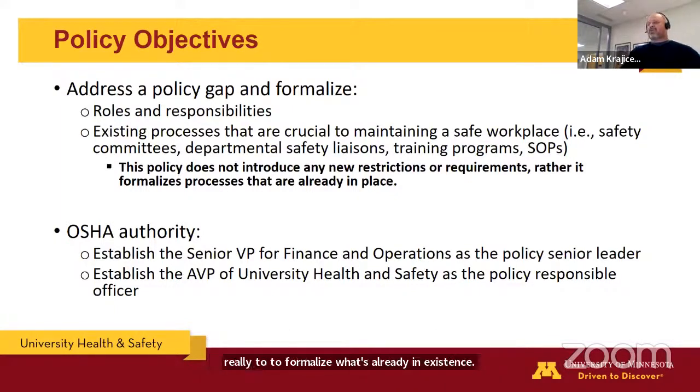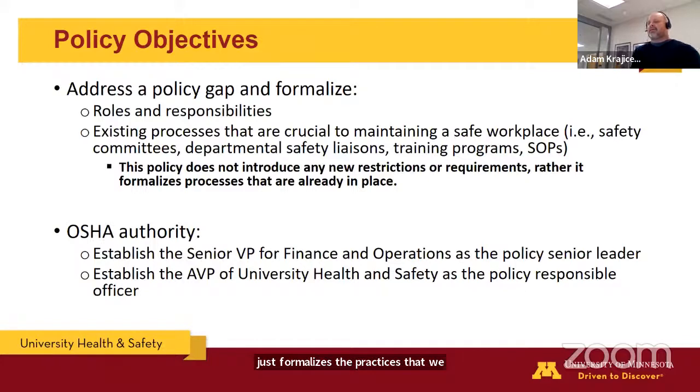So things such as roles and responsibilities of supervisors, PIs, and staff, and then formalizing existing processes such as safety committees, departmental safety liaisons, which we call departmental safety officers, training programs and requirements, standard operating procedures, things like that. I just want to emphasize that this doesn't introduce any new restrictions or requirements on research or operations. It really just formalizes the practices that we already have in place